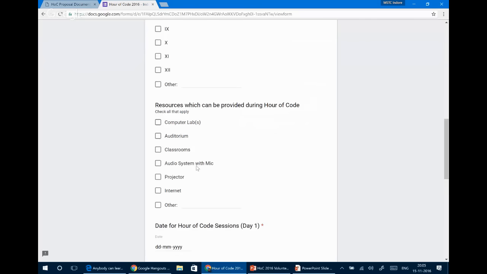And then, if they are providing an audio system or not, we will recommend them, we will ask them for an audio system, because you will be speaking to a large crowd and it's school students, right? So it's definitely important that they provide an audio system.